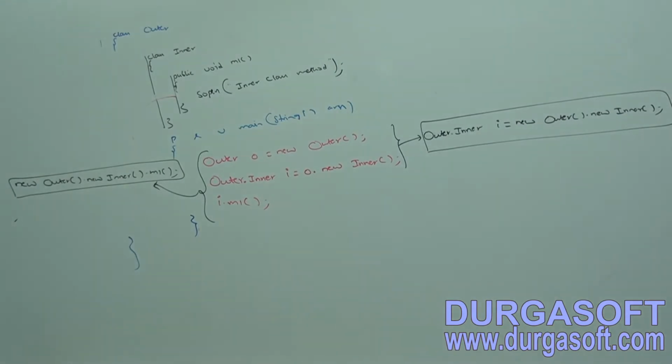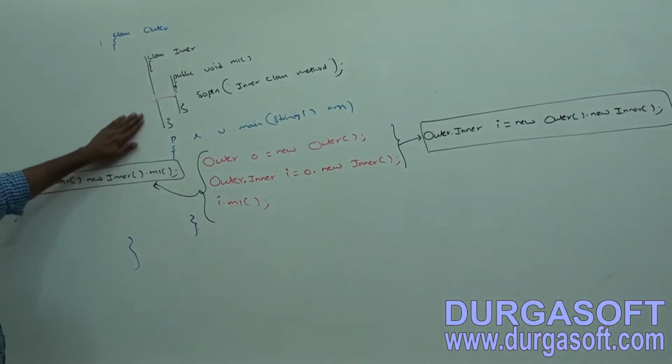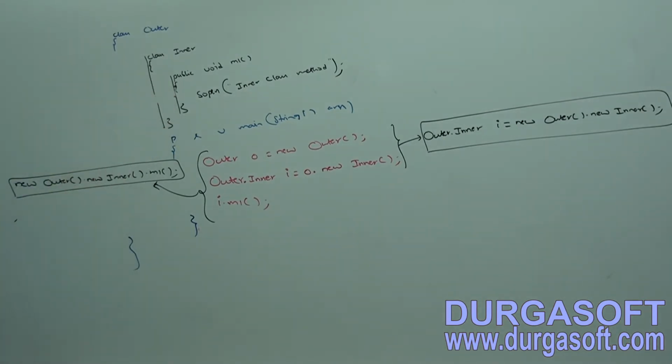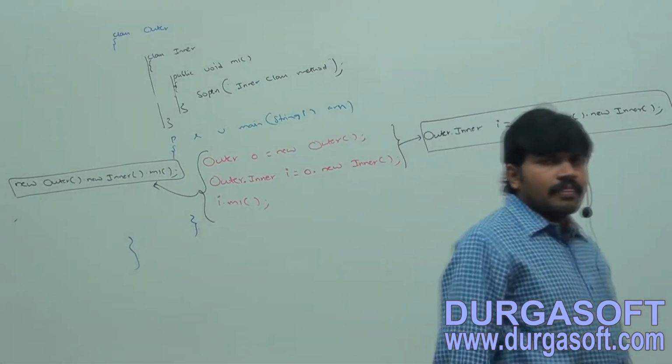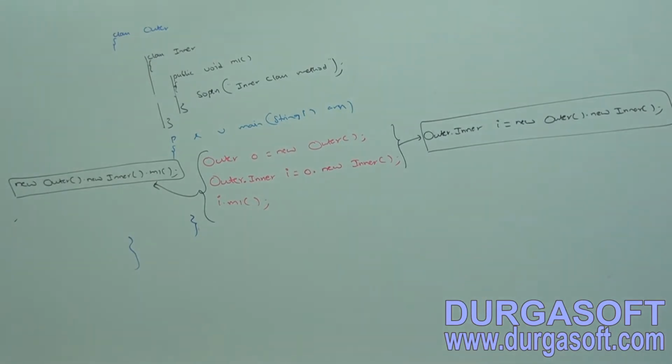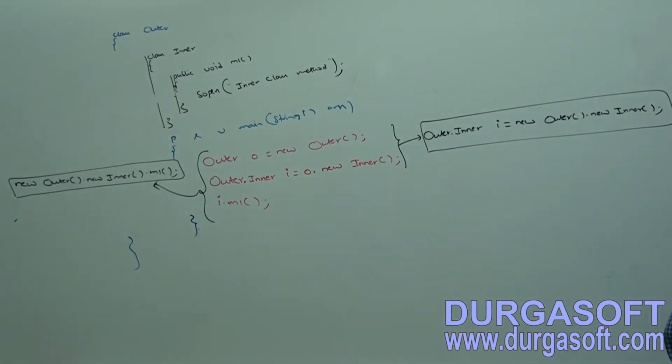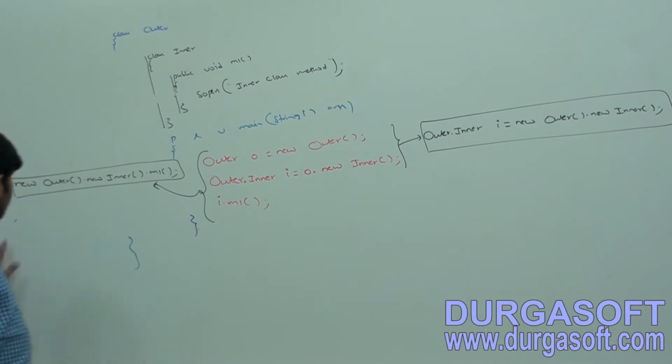Okay, take this example clearly. Class outer, class inner, public void m1. Take even that code also, that shortcut code also, you people should be aware of clearly. So take clearly class outer, class inner,